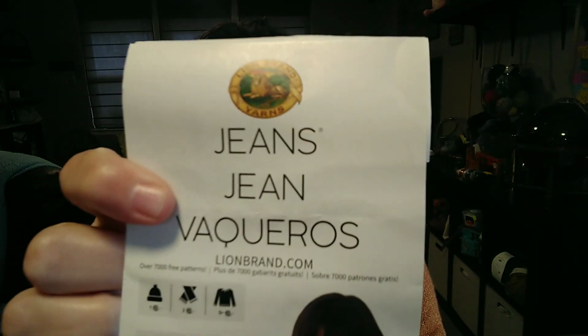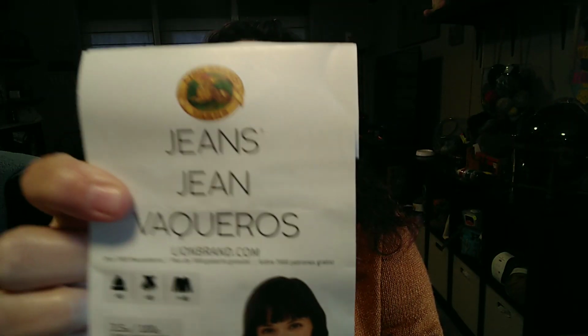I knit this in Lion Brand Jeans in the Top Stitch colorway. I love this color. This color is a really good color for my complexion. I get so many compliments on it,